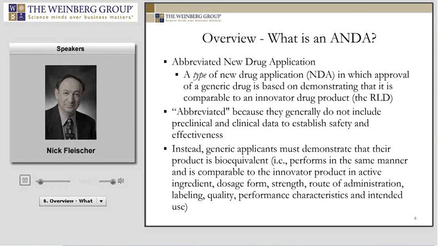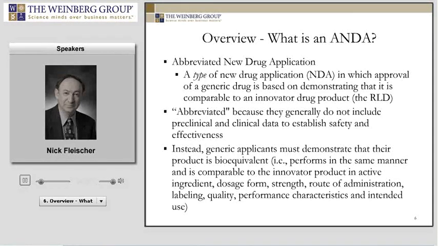The key element of an ANDA is two basic terminologies that one has to remember. The first one being that the ANDA needs to be pharmaceutically equivalent. Now, in a couple of minutes, I will talk about another ANDA type of application, which doesn't have to be, but I think at this point, it's important to remember that an ANDA product has to be pharmaceutically equivalent, which means it has to be identical to, and identical, again, has a different definition than totally identical, and the only reason I say that is because some of the inactive ingredients in some formulations, some dosage forms, sometimes have to be identical to the innovator.